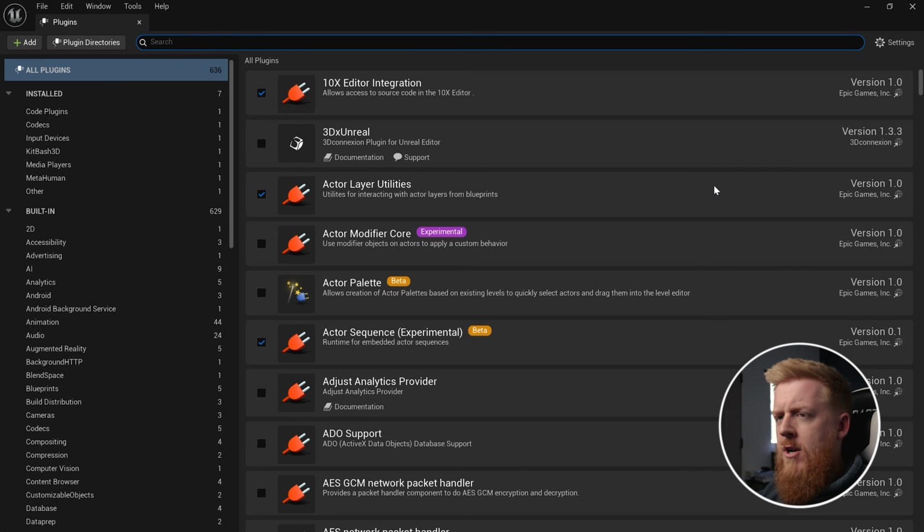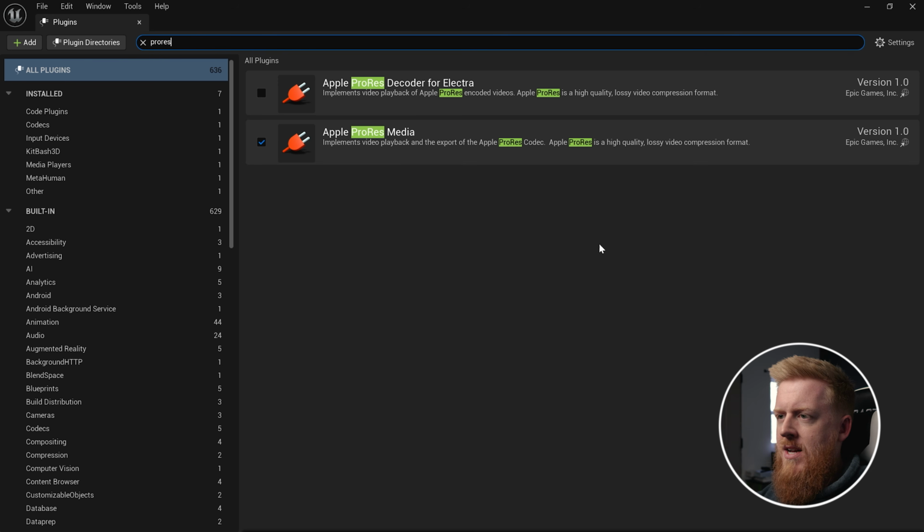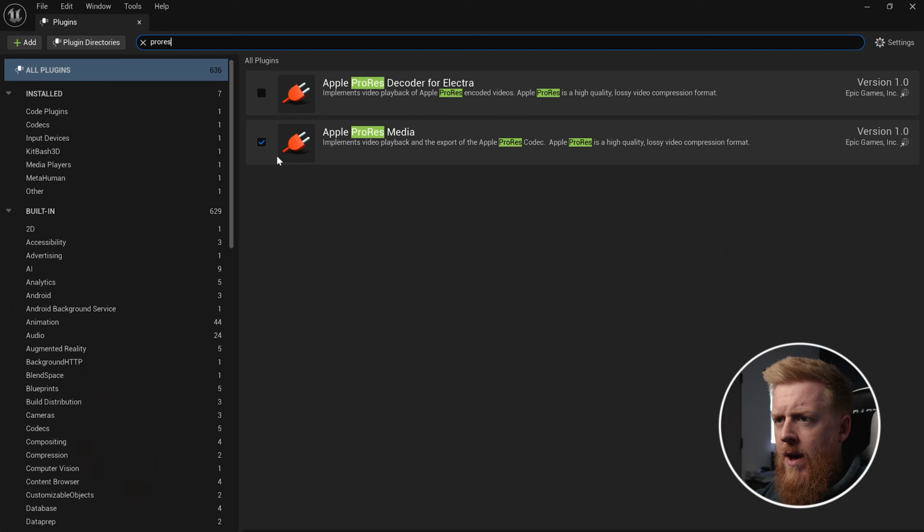One other plugin I want you to make sure is enabled is the Apple ProRes Media plugin. Now, I'm going to be in the minority here maybe, but we're going to talk about some file output types and why I like to use Apple ProRes as opposed to something like PNG and EXR. So go ahead, if you want to use Apple ProRes for exporting out of video, you're going to need to check that here as well. So if you've had to check anything here for plugins, go ahead and hit Restart Now and then come back